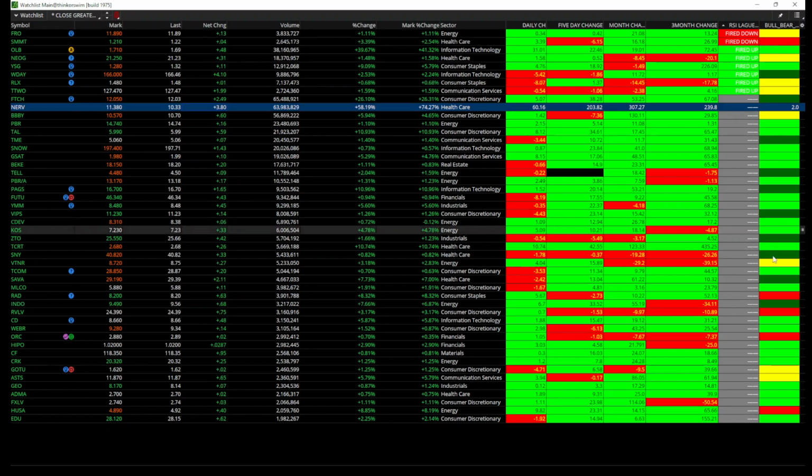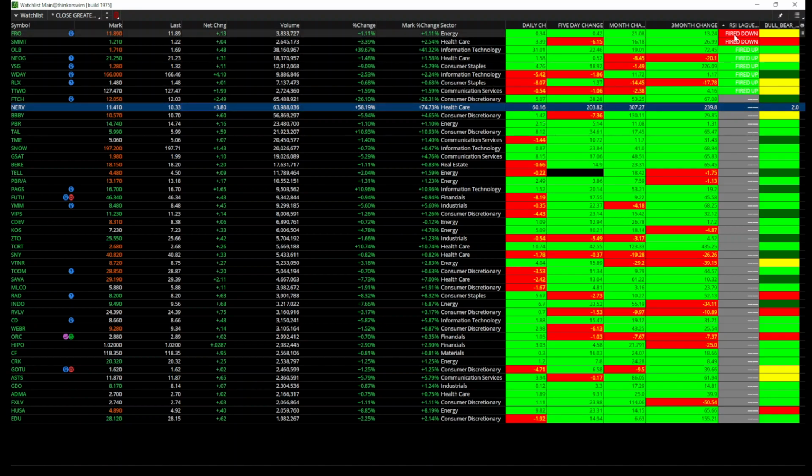all red. And I'm not seeing any orange bar, so I don't know why. But anyway, you should get an orange bar as well if two out of three are red, but one is green. You should get an orange bar, just like I showed you with the candles. So you also get the fire: if it crosses below 80, or 0.80, you get a fire down. If it crosses above 0.20, you'll get a green,